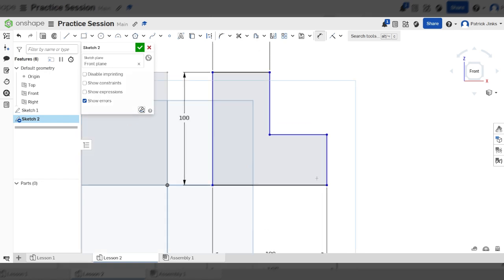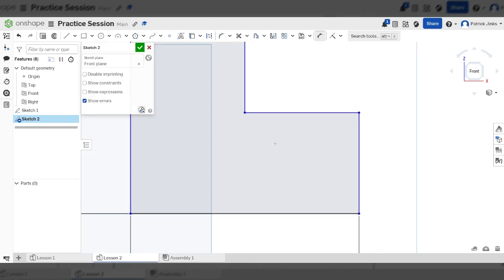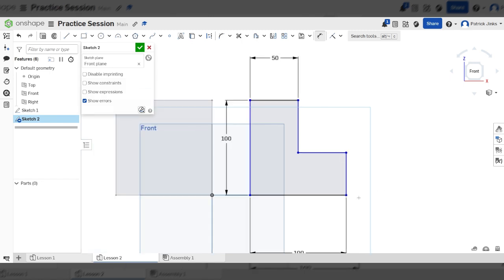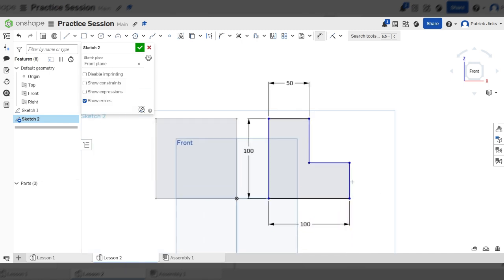Now, the way I want you to think about this is I want the dimension between this line and this line to be exactly 50. Now, I could just click on that and that would sort it all out for me. There's a better way to do it than that, especially when you're dealing with more complicated shapes, and that is,